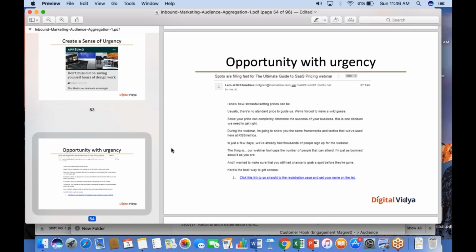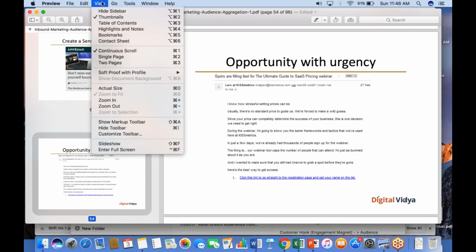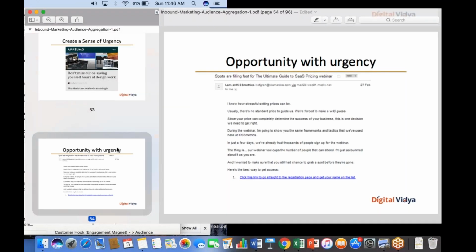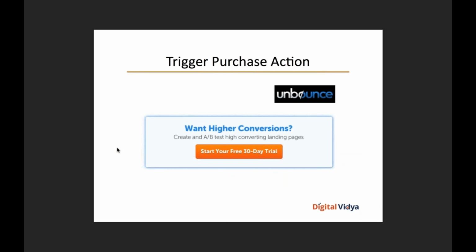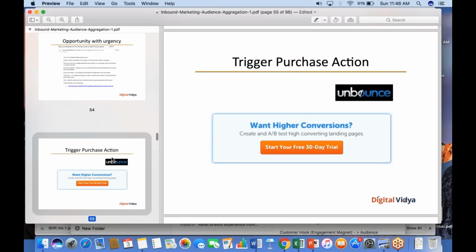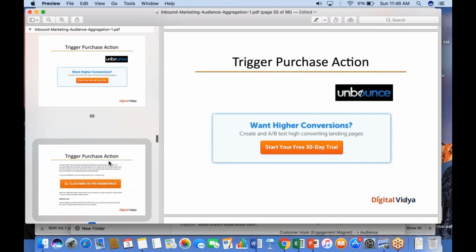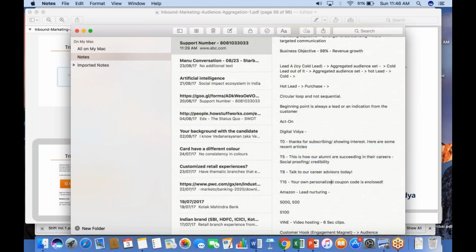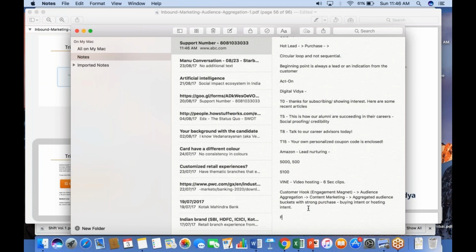This is again Kissmetrics, a webinar registration outreach, which is trying to create a sense of urgency. Trigger purchase action. So here again, you've got a clear call to action, which is start your 30-day free trial. So this is again a very interesting play, which a lot of brands employ, which is popularly known as freemium. I think this is something which I mentioned to you guys earlier, when they give you certain aspects of the content for free and certain which is paid or premium. A combination of these two is freemium essentially, which is free plus premium.